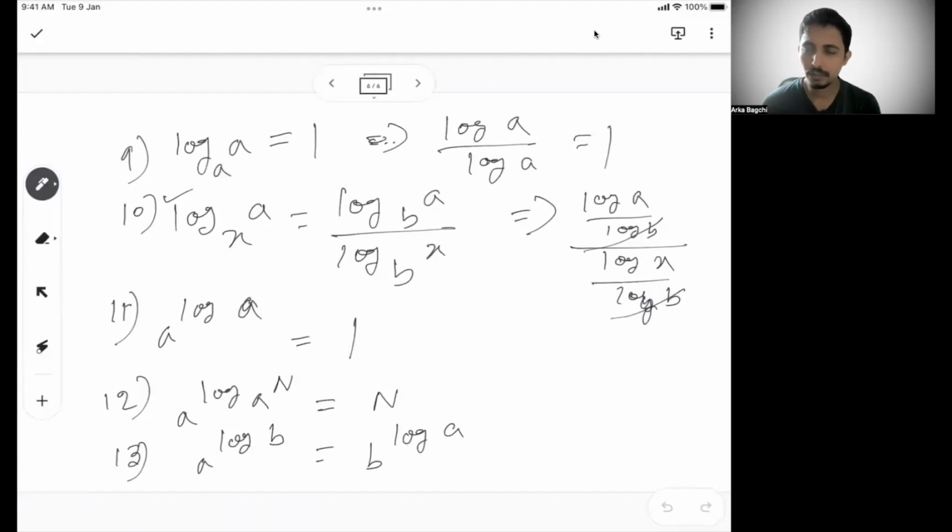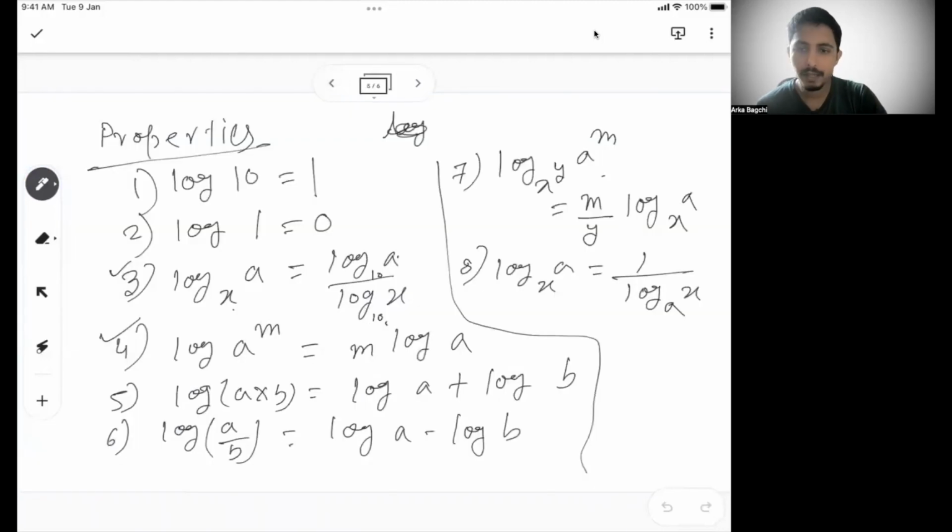If you understood this, try some of the basic problems with it, and we will start the next session, which is focused primarily on using these formulas. Most logarithmic problems will use these 13 formulas in some way or the other. So understand this, try some of the basic problems at home, and see where you are. If you are unable to solve, it's perfectly fine. We will do a complete deep dive. We will solve around 10, 12 problems, and across 2 sessions we'll do around 20 problems, so you will be able to completely understand logarithms and all the types of problems that can come.